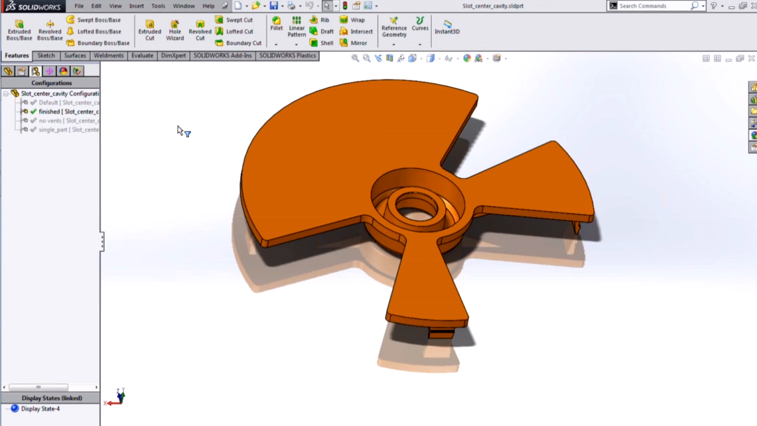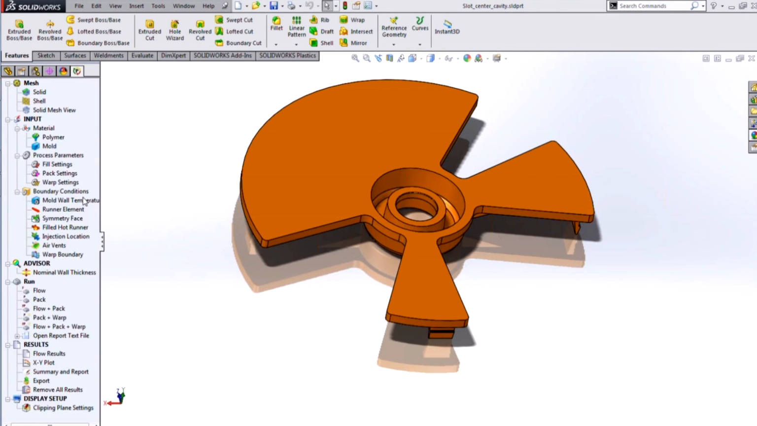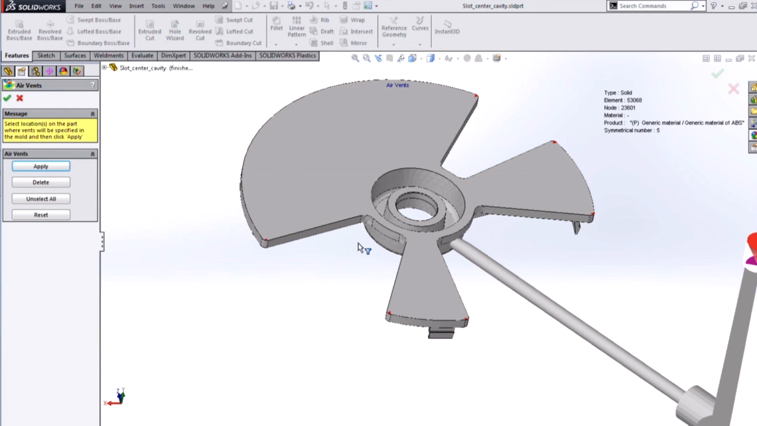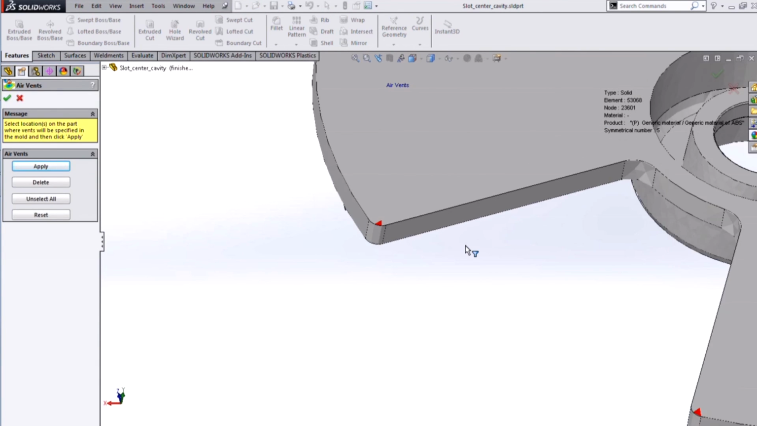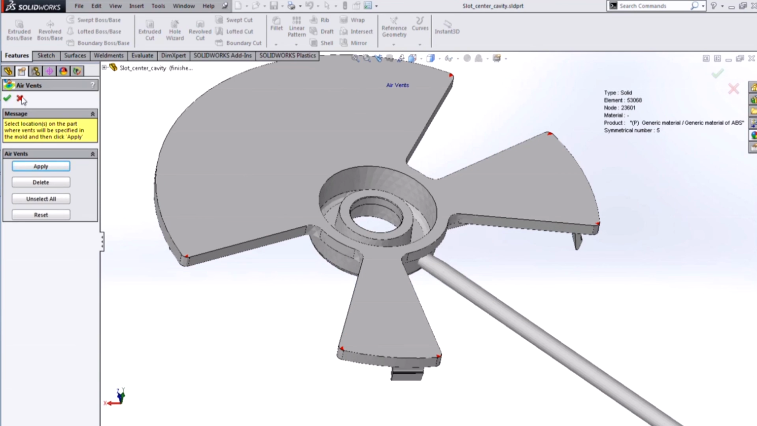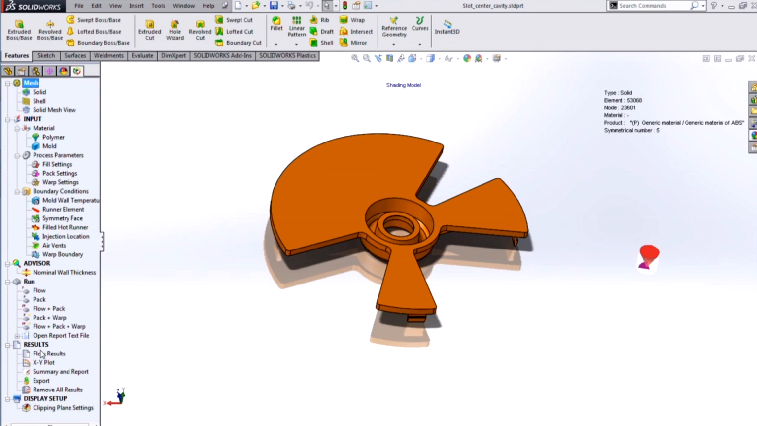If it will really make a difference in lowering that air pressure and preventing, for example, burn marks or any other undesirable effects. So here, for example, some air vents have been defined at those exact locations where I had the high pressure spots. And after I ran this analysis, again, this would take about 4 or 5 minutes